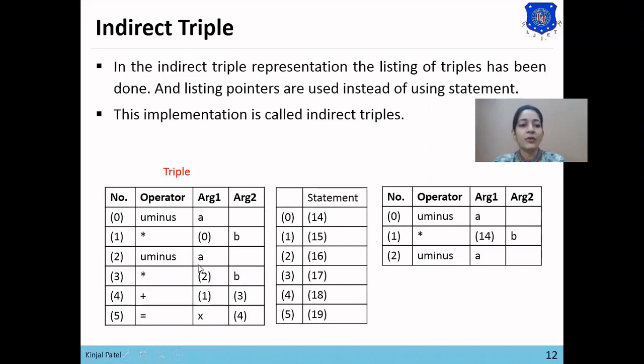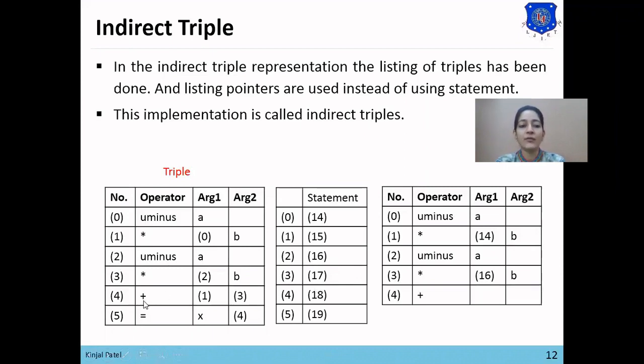Now we want to perform the multiplication of this unary minus A with B. So here unary minus A is stored in 2. The result of this 2 has been stored in pointer 16. So we'll use pointer 16 instead of 2. So 16 multiply with B equals 3.